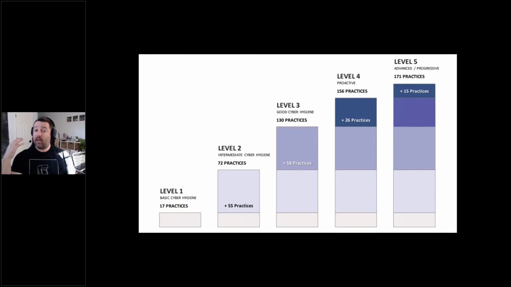Now, again, the contract will carry a level, and you must, as an organization, have been assessed at equal or higher in order to bid on the contract. If you are assessed at level 2, you will be able to bid on level 2 and level 1 contracts. If you're assessed at level 5, you can bid on any contract. If you're only assessed at level 1, and then a contract comes out that you want to bid on and it is a level 3 contract, you will not be eligible to bid regardless of whether or not you've held the contract before.